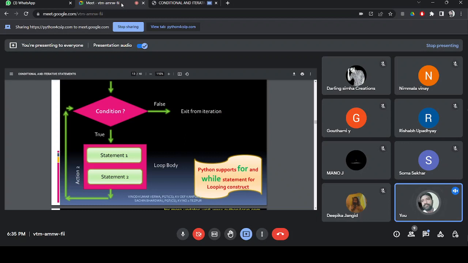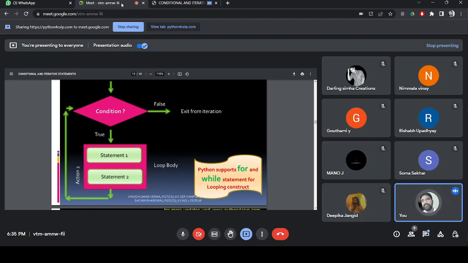For all the students who are coming from a non-programming background, please try to recognize that computer program execution not only goes line after line, line after line. The flow of control can go back in the program. If it is on the 10th line, it can jump to the second line again. Such a situation is possible with the help of iterative statements. First you understand the syntax. With the help of a programming example, you can clearly understand what we are talking about.